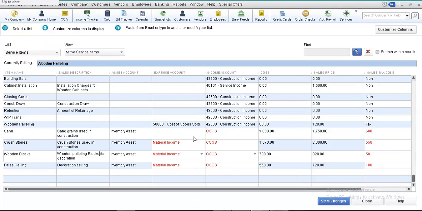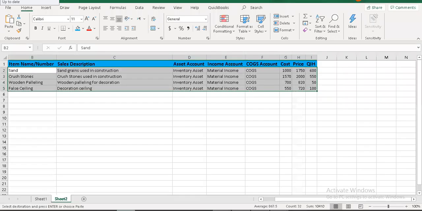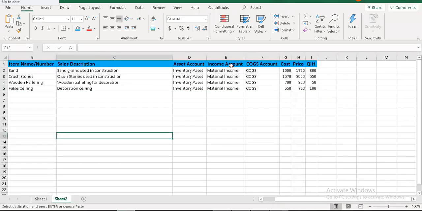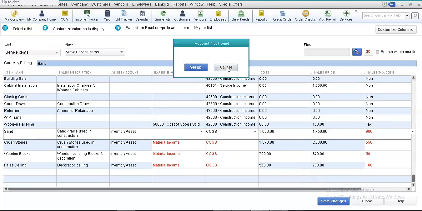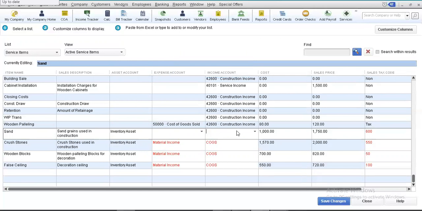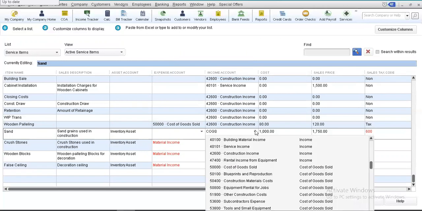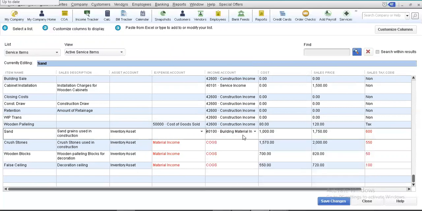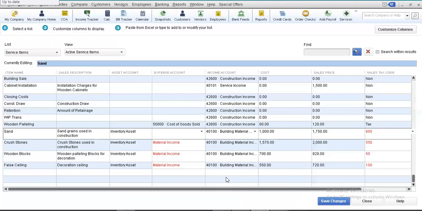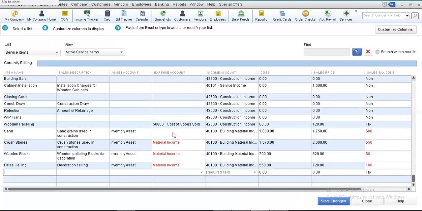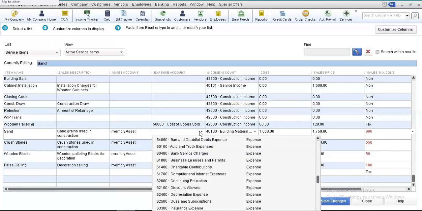All right. Now, my dear friends, in the expense account, basically we had some, yes, this is basically the expense account that should have been over there. So what we simply do is we change this, and now I select material income, building material income. All right. I copy it down, and over here I have to select the cost of goods sold account.